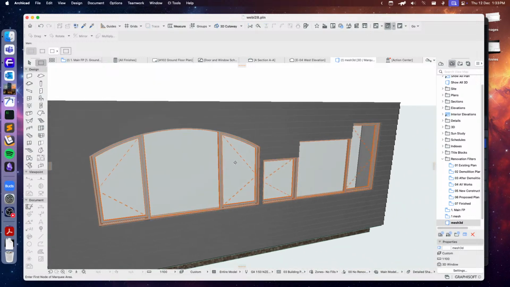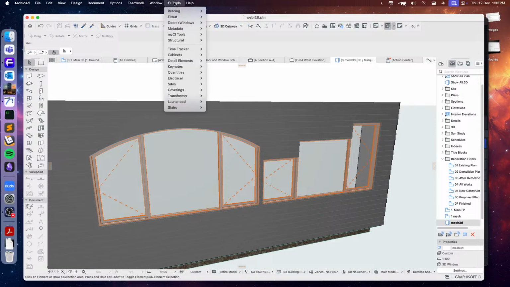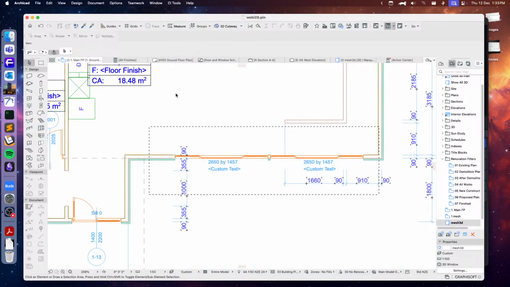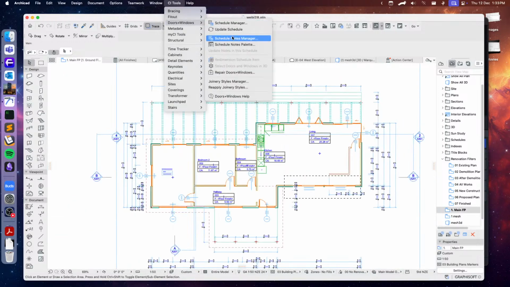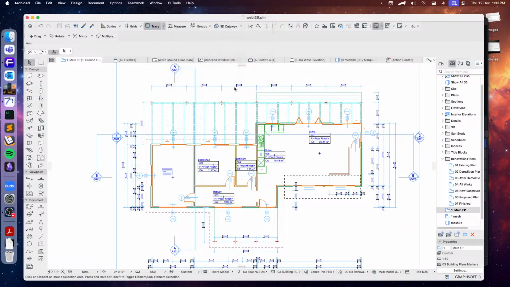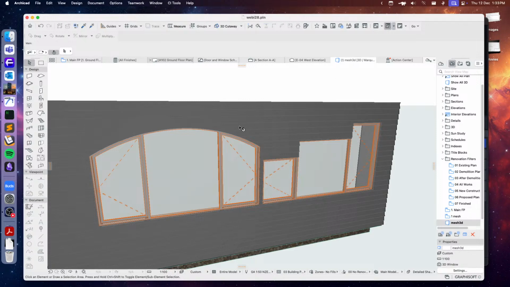Now, obviously, you could manually go through and select all of your windows and doors and just open the settings and hit OK. But the other option is you can go to Ci Tools, Doors and Windows. We have to do it from the floor plan. Doors and Windows, reapply joinery styles, and it will go through and it will do that for us. And then if I go back to 3D,